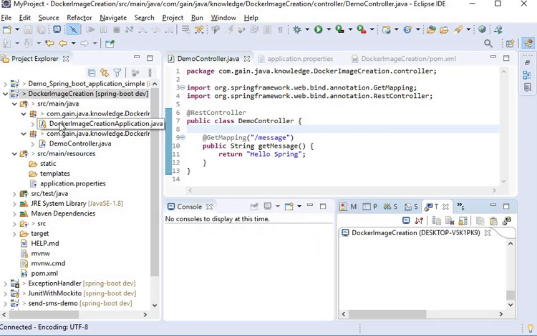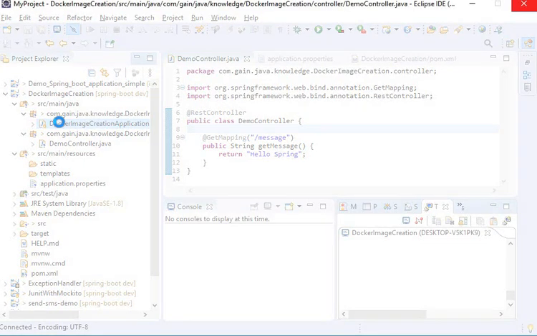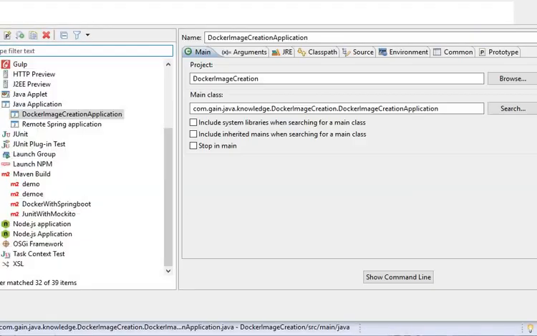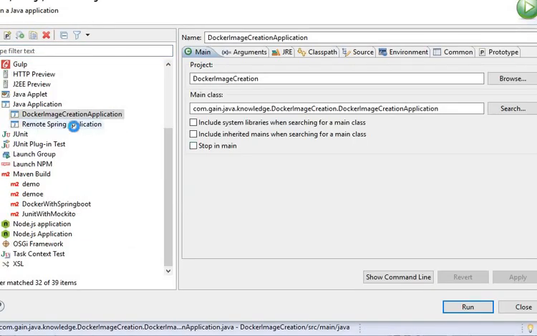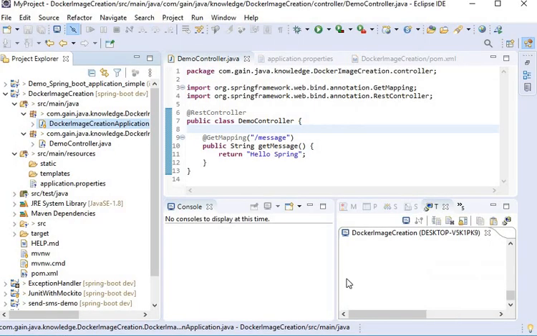So here I will go and need to run the remote Spring application. Run configuration, click on remote Spring application and start on run. Click on the run and now my remote application will start.